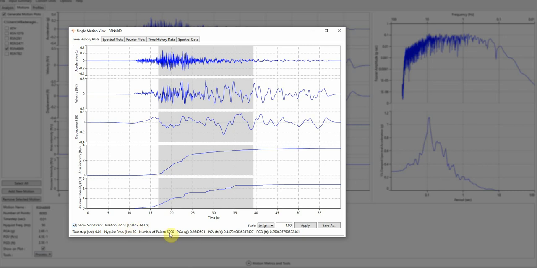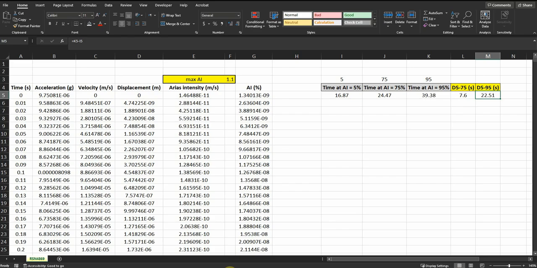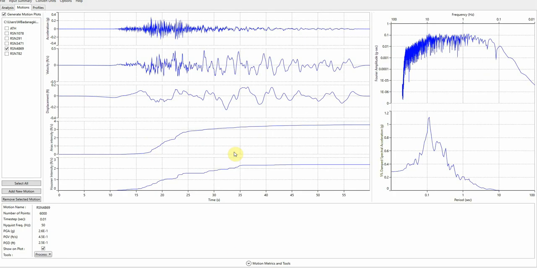So I cannot open that Excel file until I close this window. So here we obtained 22.5 equal to D595. Let's go back to our manual calculation. 22.5, exactly the same number, you see. So Deep Soil cannot or doesn't calculate the D575. It just calculates the significant duration